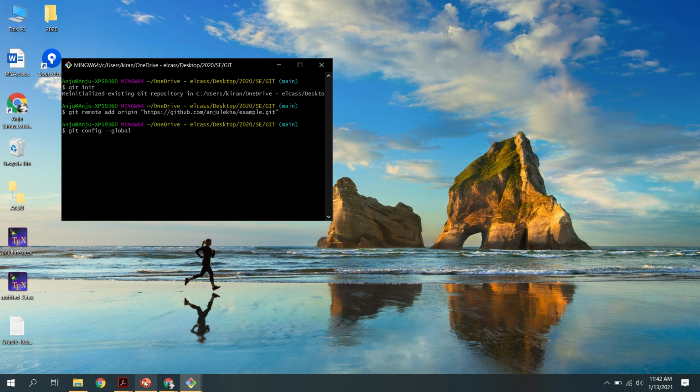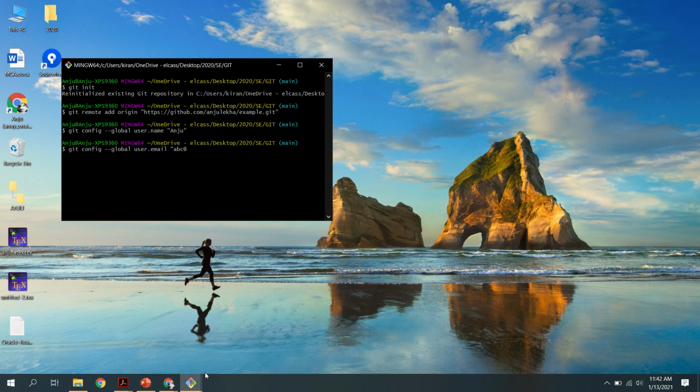So what is the next part of the command? global user.name, then in double quotes you can give your name. So I am giving my name. This is my name. Okay. So my username is already set. Now I want to set the email address. In the same manner, instead of name, here I write email, then I can write my email, whatever, abc@gmail.com. Whatever you use, use a valid one, don't use any invalid username. You can use your valid username.